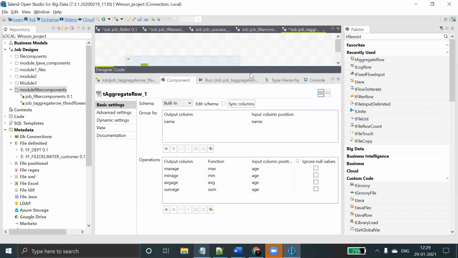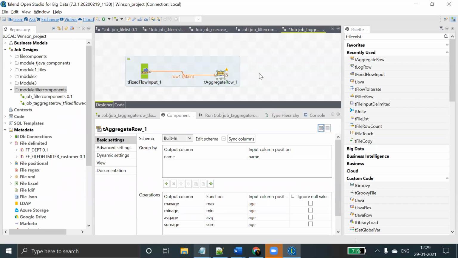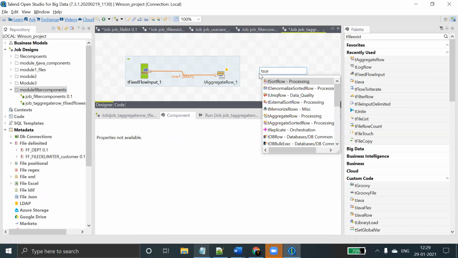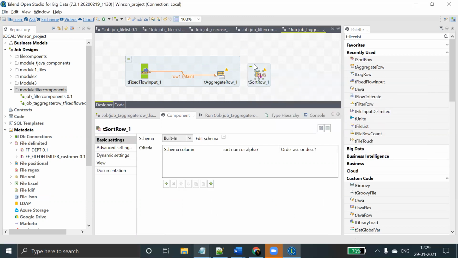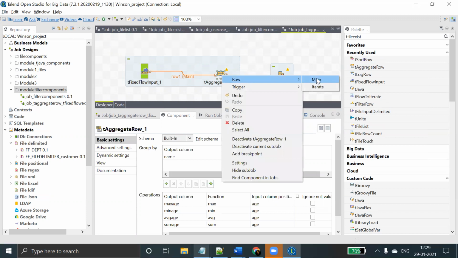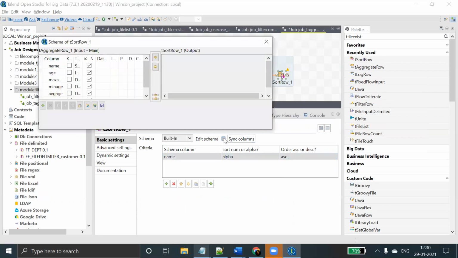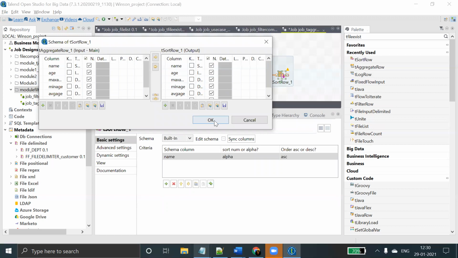Next, the requirement is done, so I want to go for sorting; based on the name only I want to display. In that case, just after the aggregate row, you can select the tSortRow, then go for the name. Name is alpha, so that's why I'm selecting it.